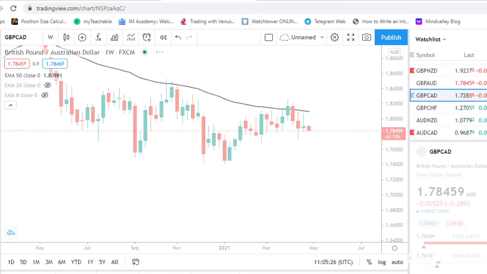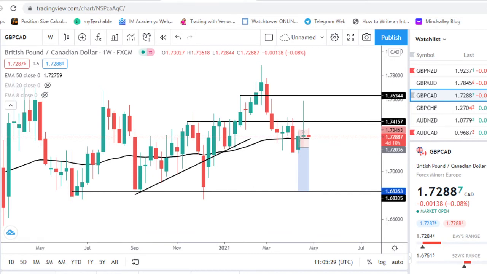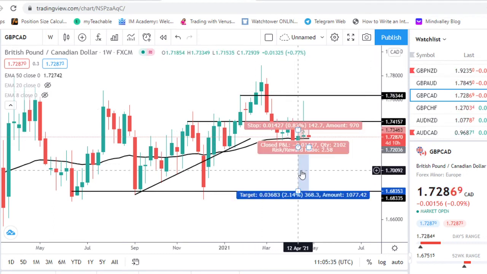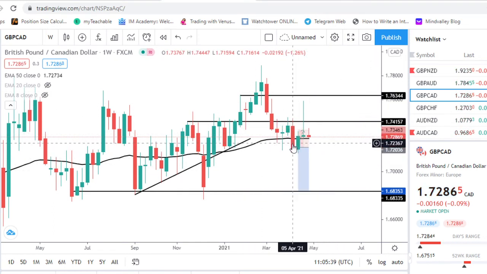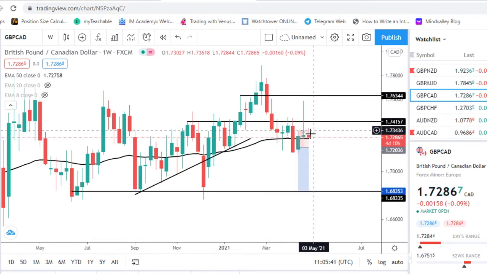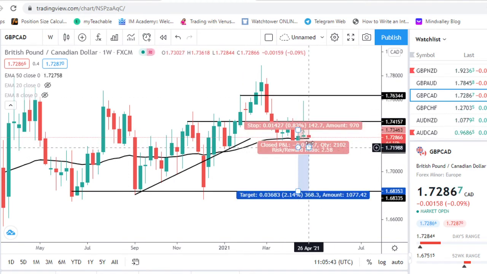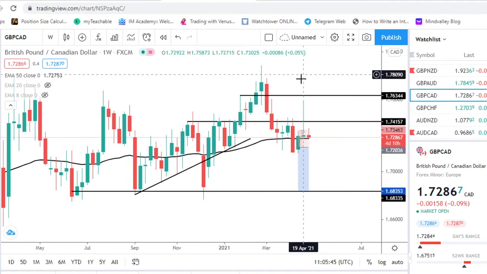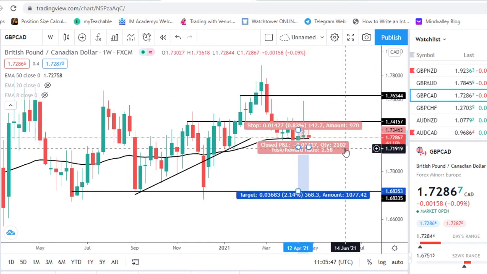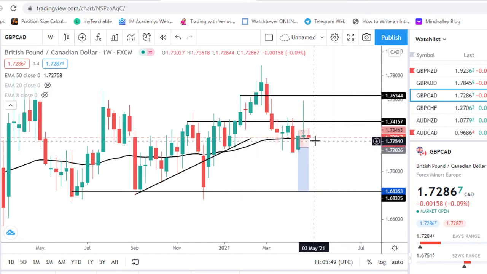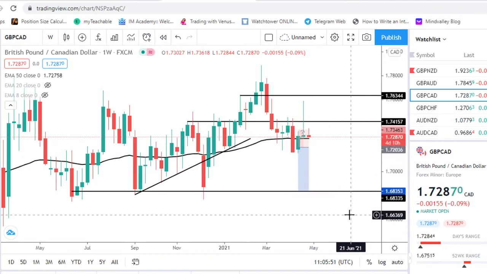And then we have, which one again? We have GBP Canadian Dollar. For that one, we were looking for it to continue its way down, but it first pushed up and then it is coming back down. My bias remains bearish for this because of the kind of candle that closed last week. So my bias on this is also bearish, and I expect it to continue its way down.